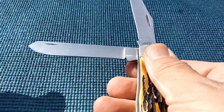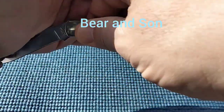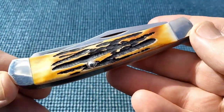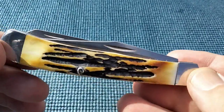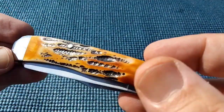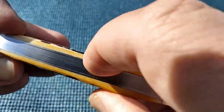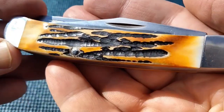Today we're going to take a look at another Baron Sun. We took a look at 3 Baron Suns last weekend. If I'm doing this right, we're going to have 3 this weekend. And this is called the Genuine India Stag Bone. And that's a trademark. Okay, and what that is, is a bone that's cut and dyed to look like